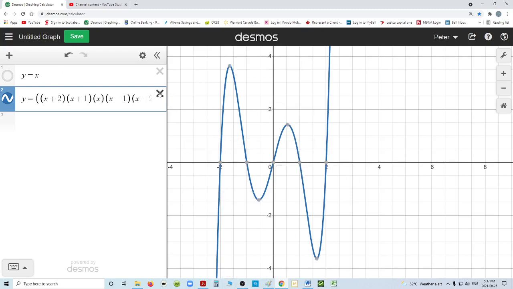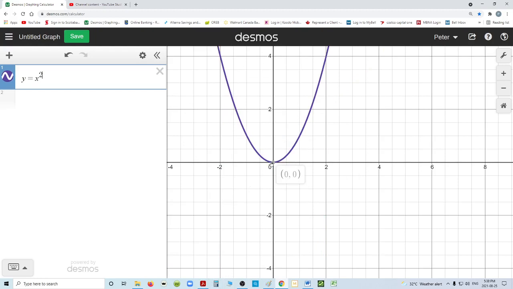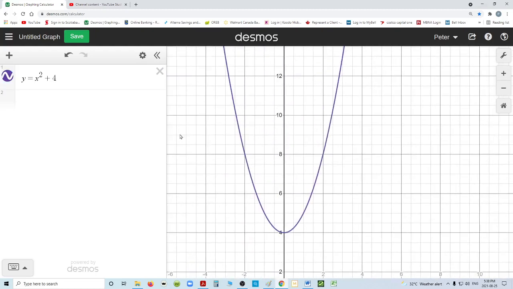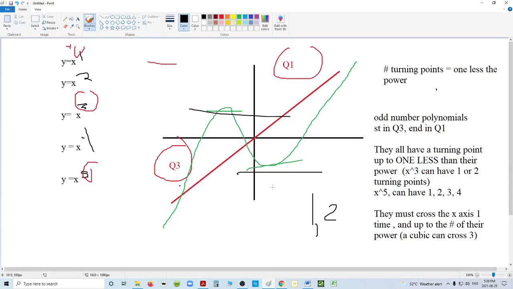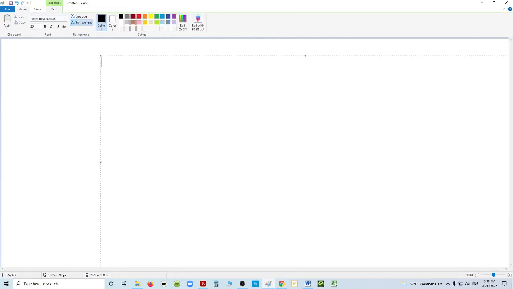Now let's look at evens. We're very familiar with the standard parabola. And you might say, oh yeah, parabola. But you know, parabolas have an interesting thing. They don't have to cross the x-axis. But I want you to notice, it starts in quadrant 2 and it ends in quadrant 1. So now we're on to evens. Even-powered polynomials. Here's the rules